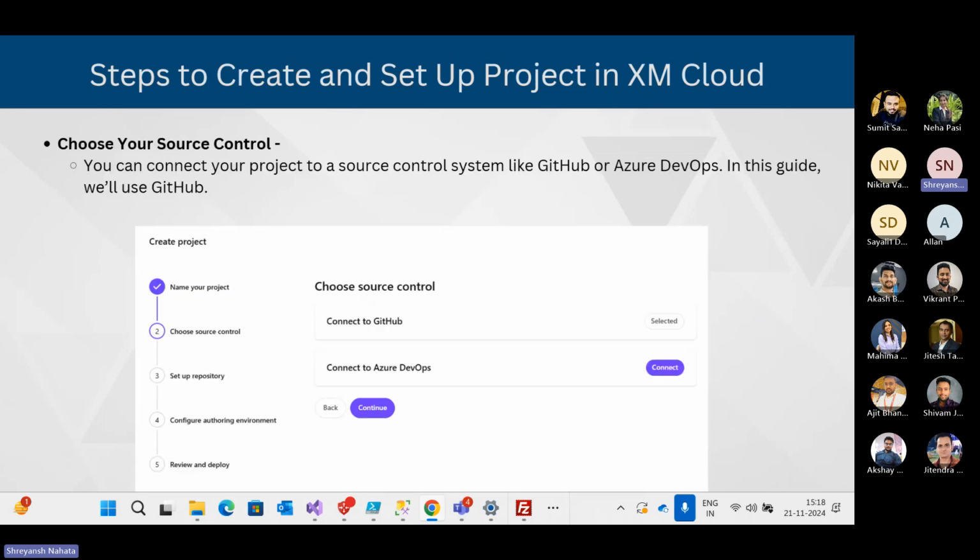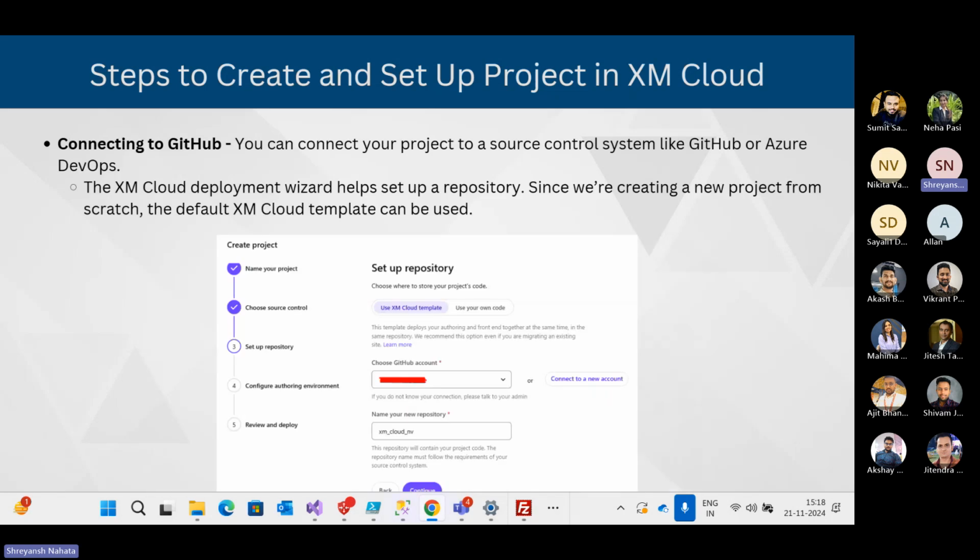Once you give your project name, you'll have your options to choose your source control. You can either choose GitHub or Azure DevOps. Earlier, there was only support for GitHub, but recently they have extended the support to both GitHub and Azure DevOps. So once you're done with your project name and you select your source control, you need to fill up your GitHub credentials, and you need to give the name of the repository where you want your initial commit